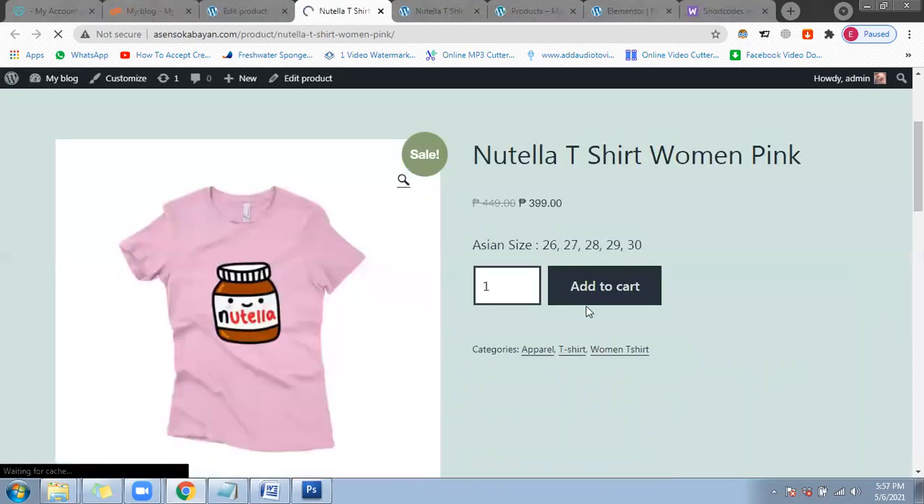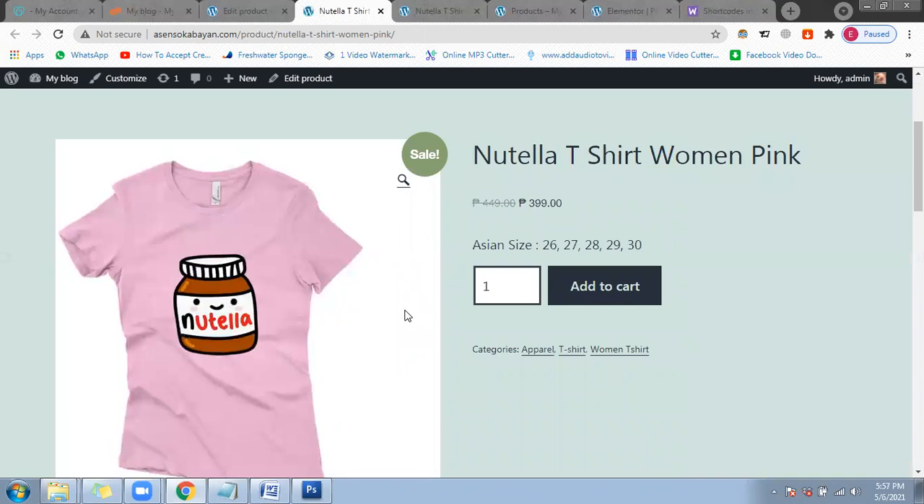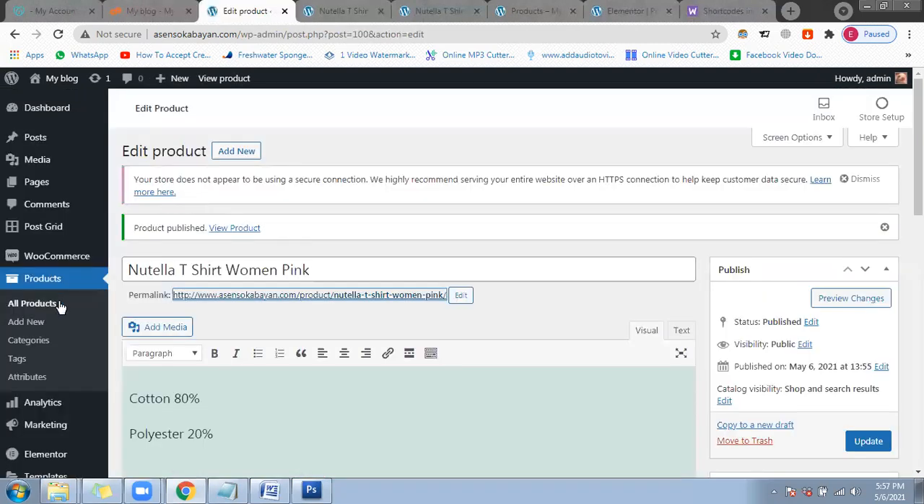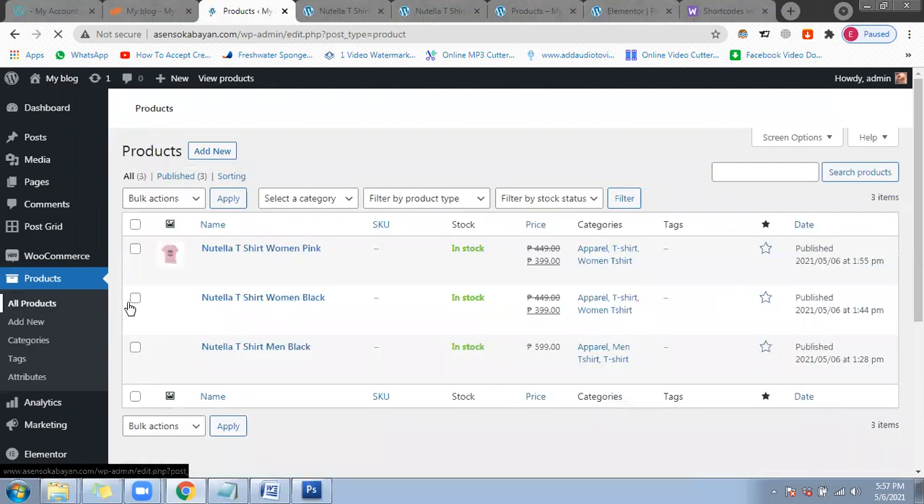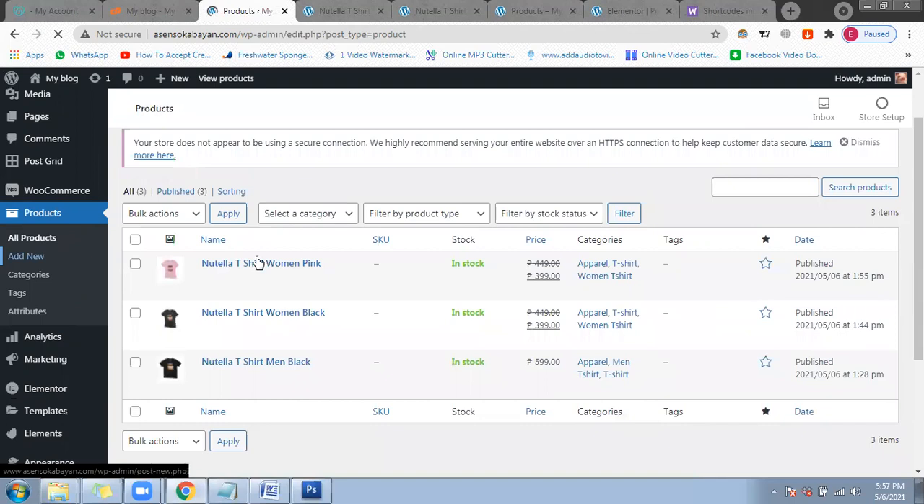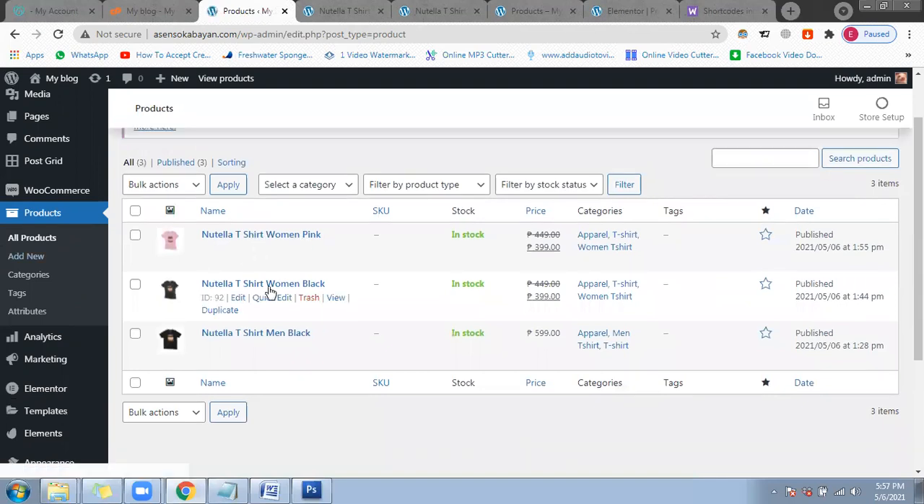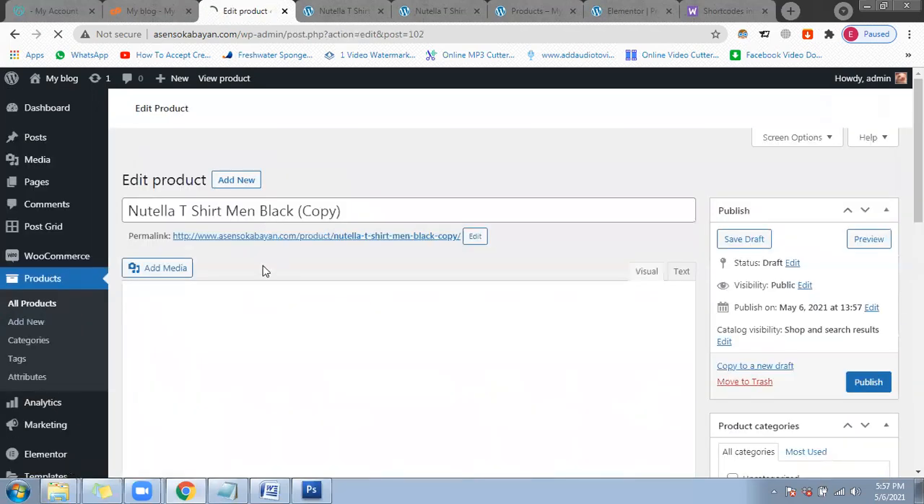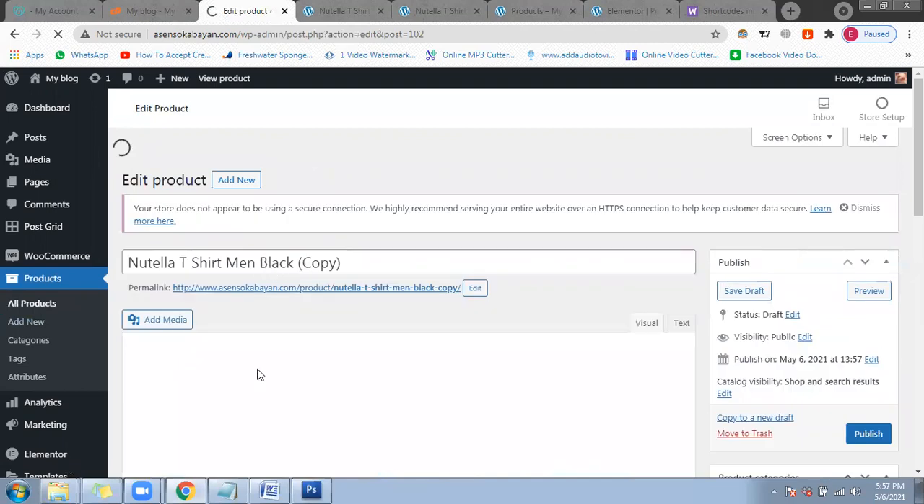Okay. Ayan. So you have pink. Okay. So we have now 3 products. Okay, pag pumunta ka dito sa all products, you will see all the products that you created or you uploaded. So we have Nutella t-shirt pink for women, tapos yung black for women, and black also for men. So I will add or I will duplicate this one para mabilis na tayo. I will duplicate this, then yung Nutella t-shirt men, we will display a